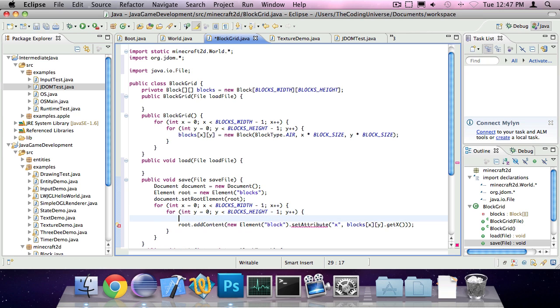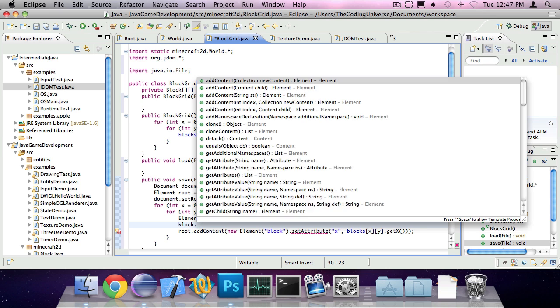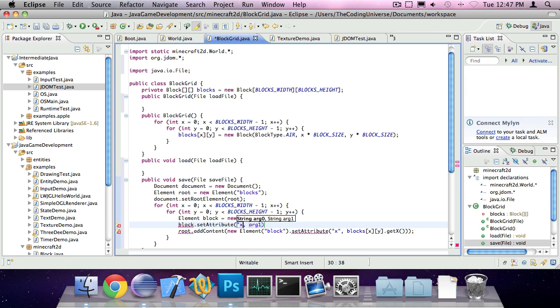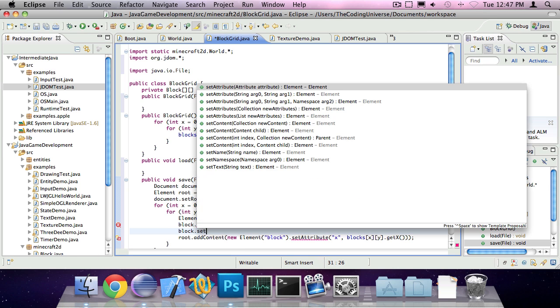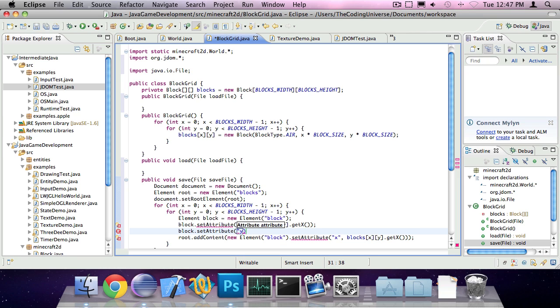You know what, we should create an element called block here. It's a bit easier to understand, so do this and say block.setAttribute x to blocks[x][y].getX, and block.setAttribute y to blocks[x][y].getY,